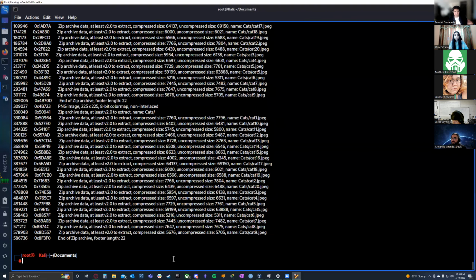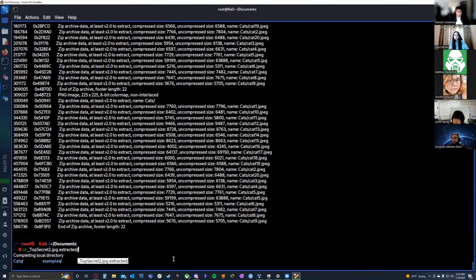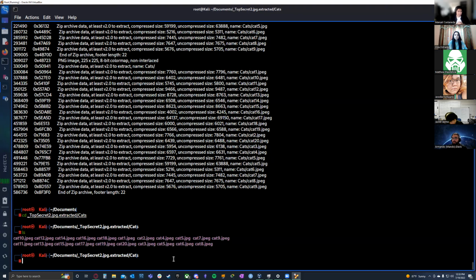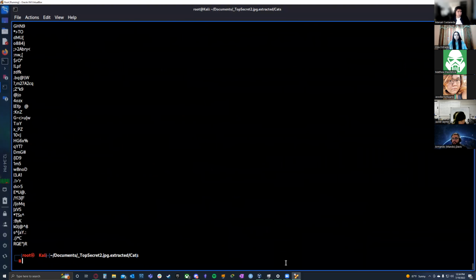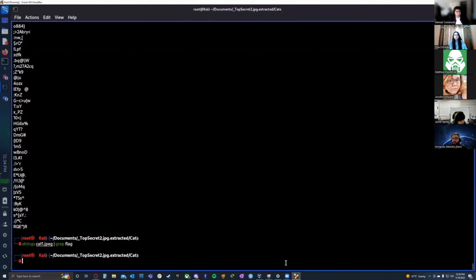Now think of it this way, in a CTF environment where you know the keyword you are looking for. Let's just say, for example, the keyword is flag. By navigating over to that directory and then into the cats folder, we can ls all the current images that are in there. But instead of having to open them one at a time, checking them, running strings against them, trying to find the flag, doing everything we just learned previously,